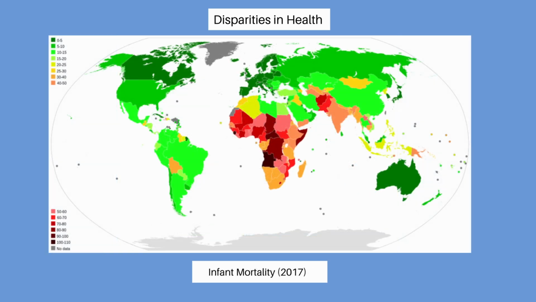Infant mortality rates vary greatly across the world. High infant mortality rates are generally indicative of unmet human health needs in sanitation, medical care, nutrition, and education. We must recognise a link between disparities in health and disparities in wealth. Wealthier countries have greater potential to invest in infrastructure and medical care.